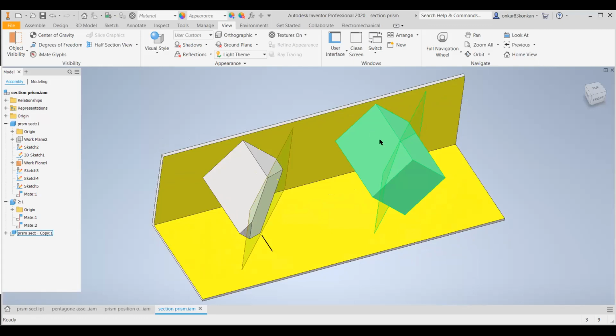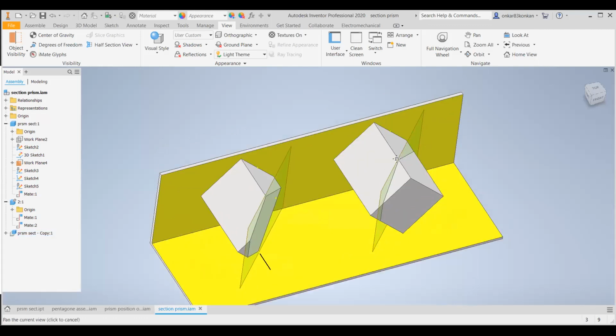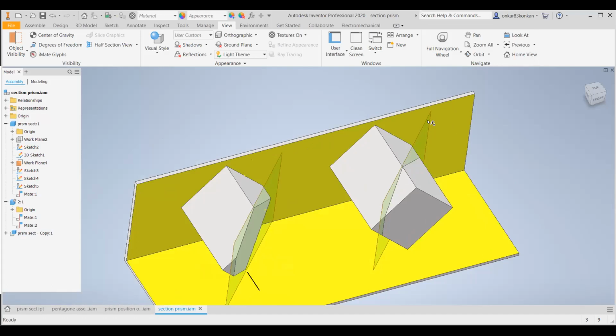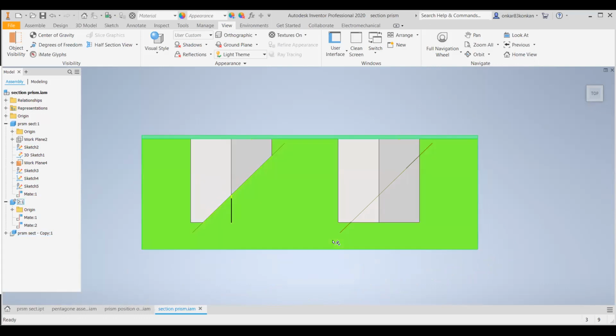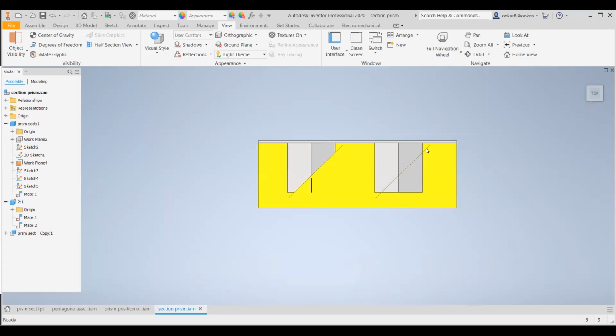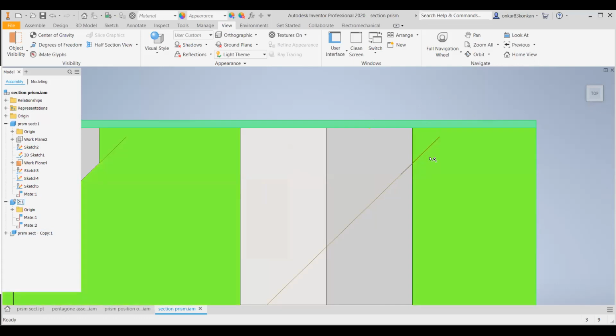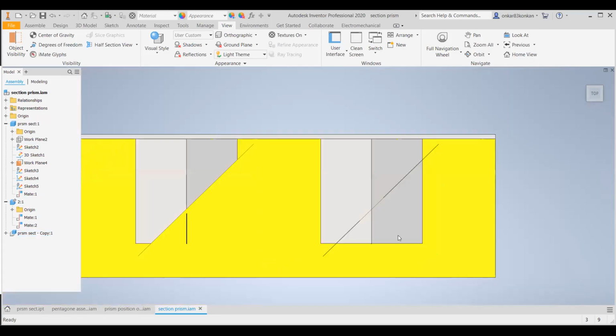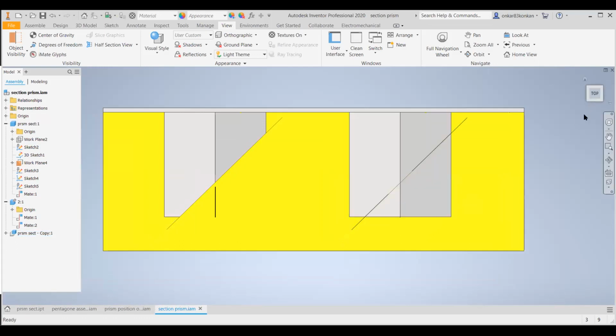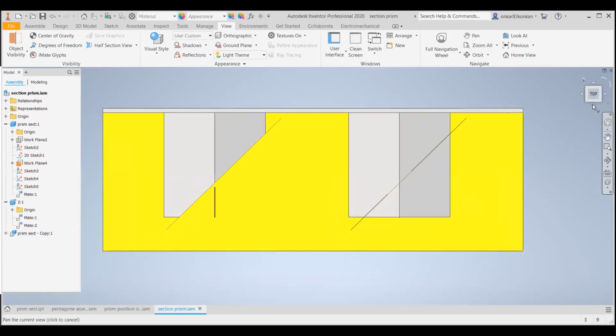So in this diagram, this is the inclined plane. If you observe from the top direction, you can just observe a line. This line is inclined with the vertical plane at 40 degrees. It is passing through this point, which is 20 mm with respect to the top base. Now after this, you will remove this portion and you will observe in the front direction, top and the side view.